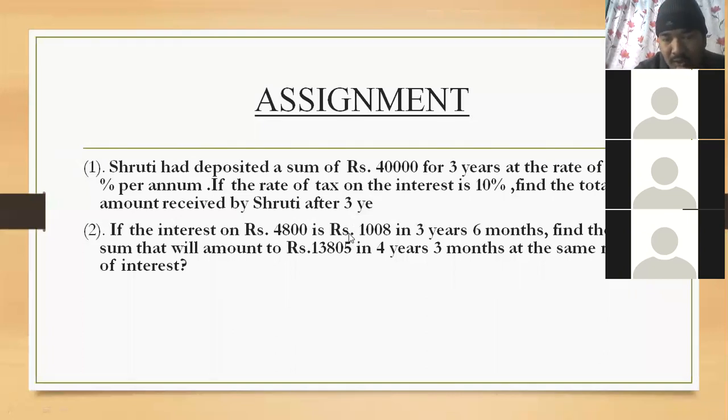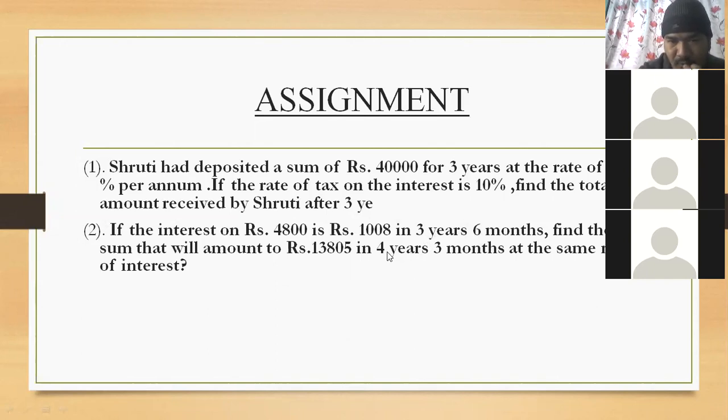I know that you are finding it difficult when you change years and months into years. It's very easy. In place of 3 years 6 months, you can directly write, converting that one, 3.5 years. Or you can convert into a fraction also. Yes, we can write 3.5 years also. Why not? Instead of 3 years 6 months, you can have 3.5 years also.